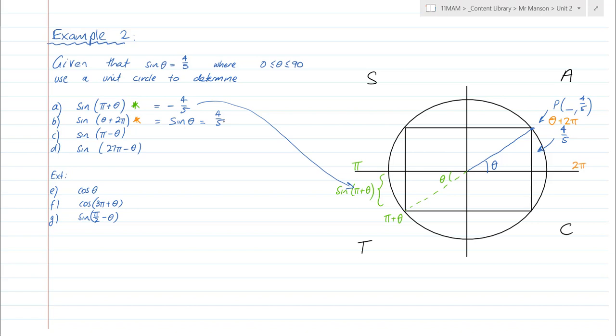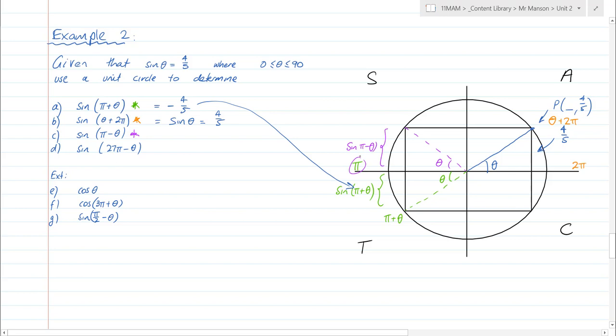The next one, sine of pi minus theta, which I'll do in purple. Pi minus theta, well there's pi. So pi minus theta is in the second quadrant here. That angle is theta. You see my rectangle is important now. This is just a geometry principle. This angle will be the same for each diagonal. That angle is theta, and sine of pi minus theta is this height,